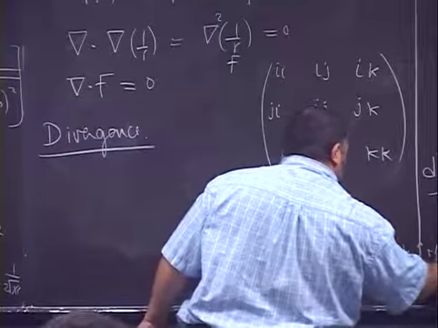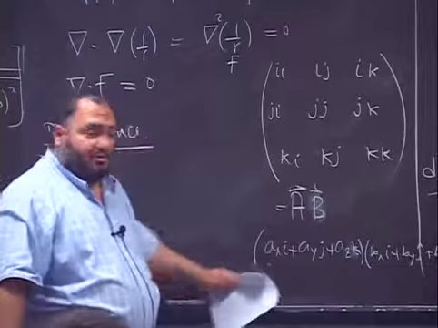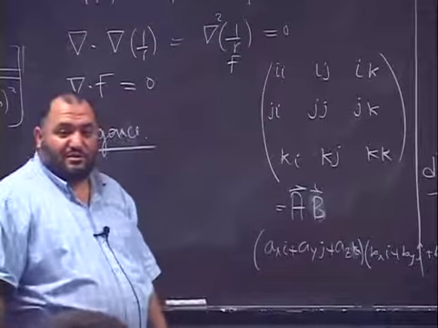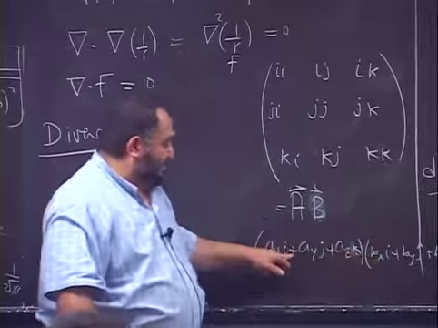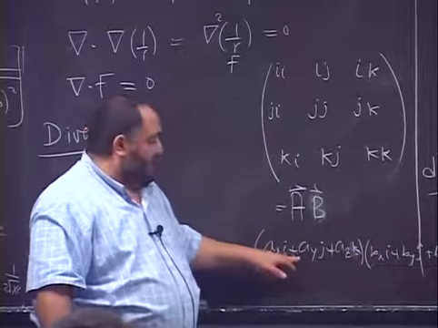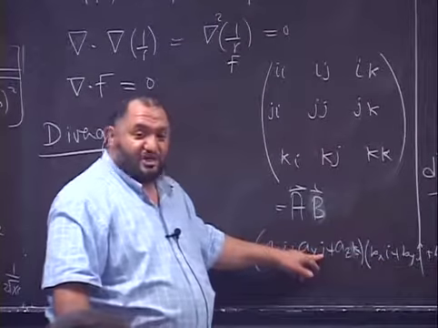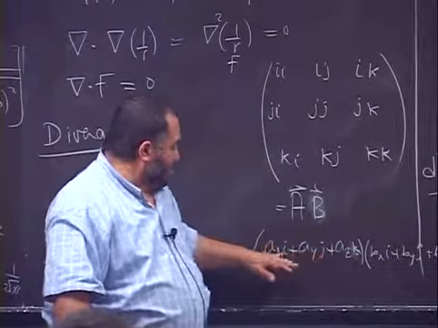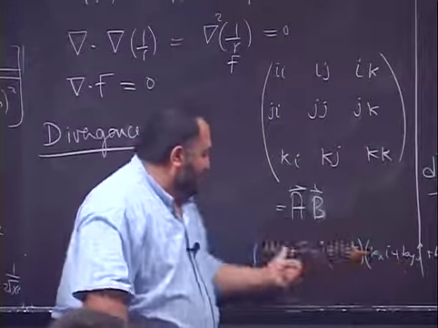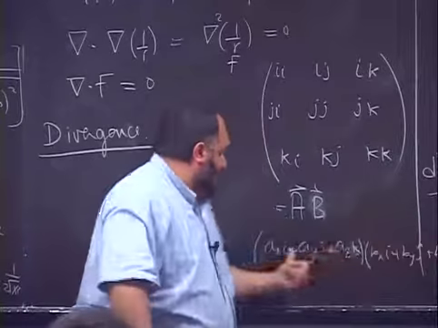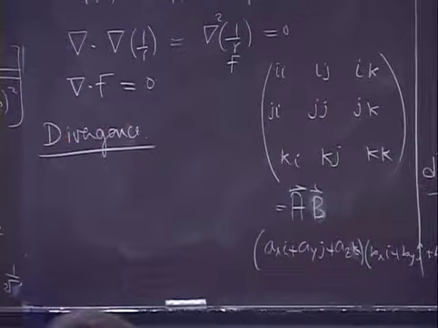Then you will have the multiplication of those three components, you'll have what? Nine components. So you will have AX, BX, ii. Yes? Then you will have what? AY, BX, AX, BX. And then you will have AX, BY, ij, AX, BZ, ik, and so on. Those are the components. So you can write this as a tensor